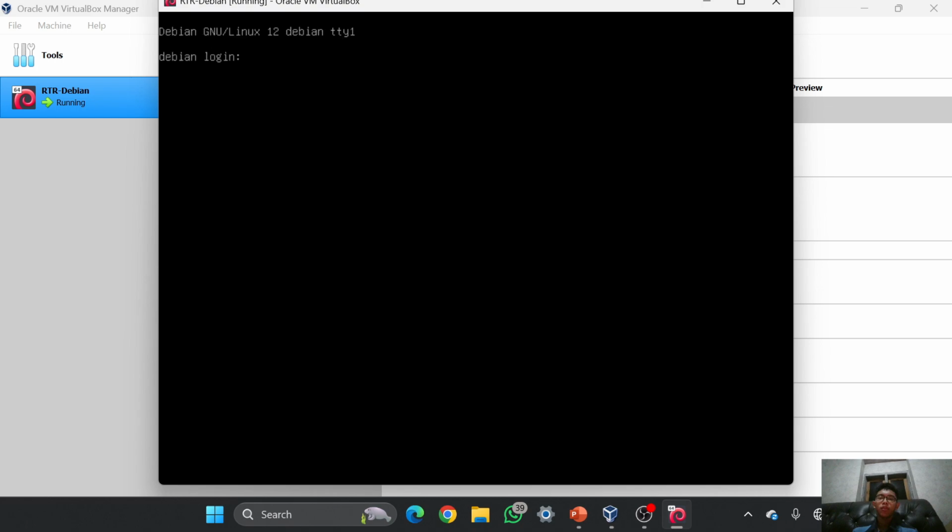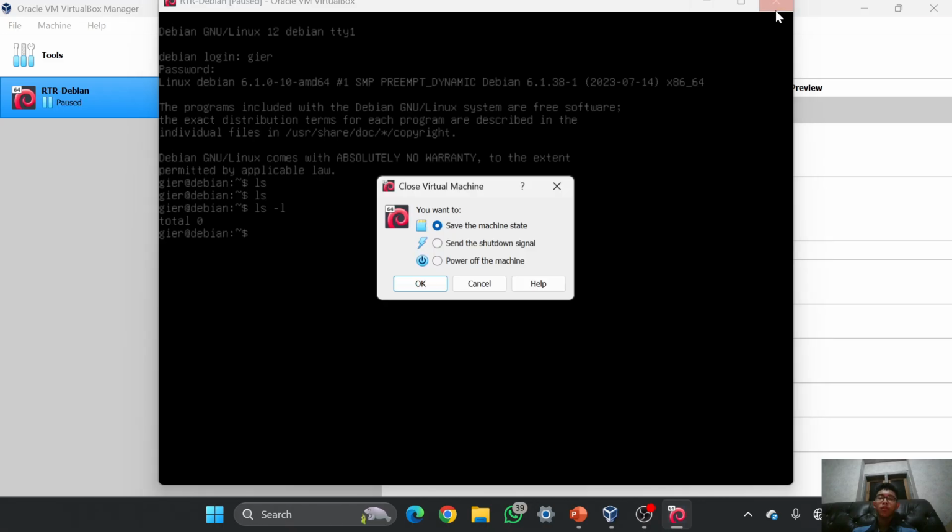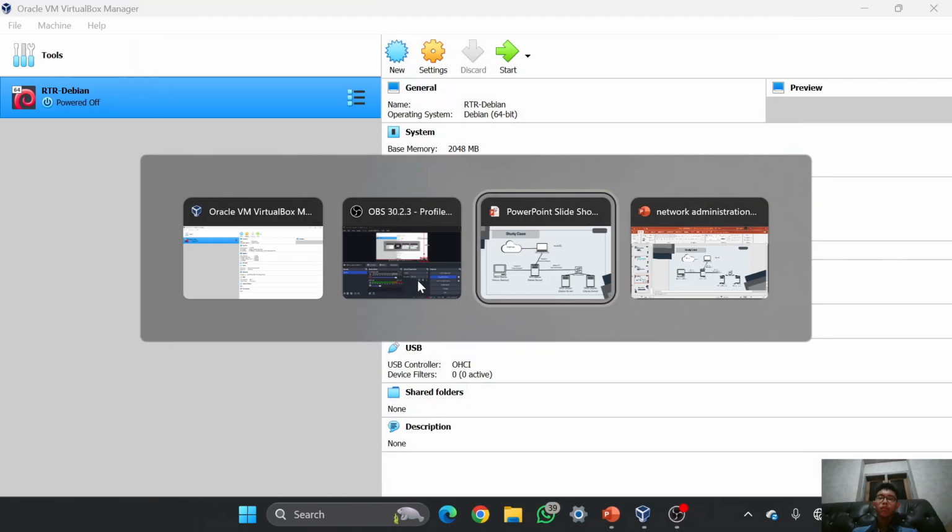Oh, never mind, it is already here, and as you can see I have now successfully installed Debian 12, the CLI version, on the VBox, and I will try to log in to the user. And as you can see, right now I have successfully installed the Debian server on the VBox, and right now I will shut it down, and then okay, and I will continue again.